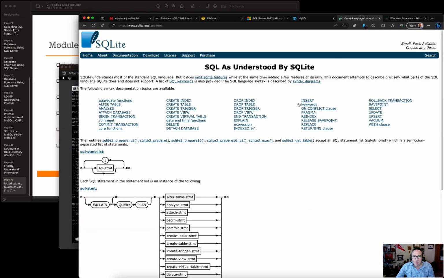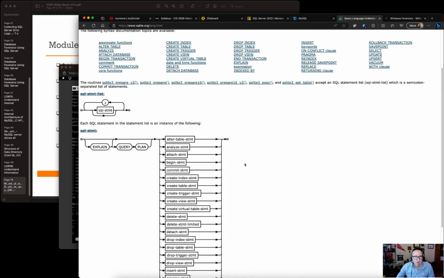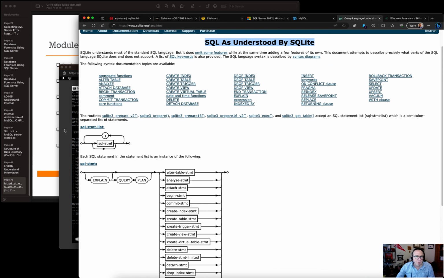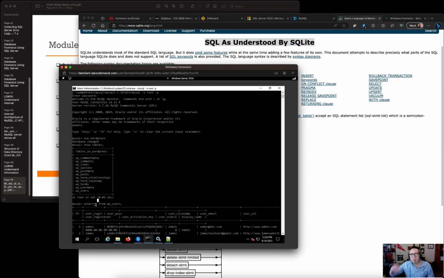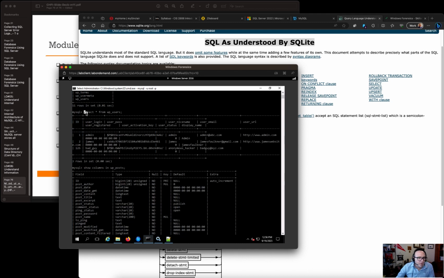And so it's good to understand how SQL works. And there's a way here. This SQL is understood by SQLite. Now this is important. This is looking at SQL cheat sheets. It's going to be handy to find one for that database, but there's generally a syntax used for a SQL statement. So I won't go over that here, but you can see it selects something from this table. So in this case, the WP users table. And what we want to do is we want to find that ID. Again, we need some specific information here. So, select asterisk from WP users, and we see here's a user called bad guy,